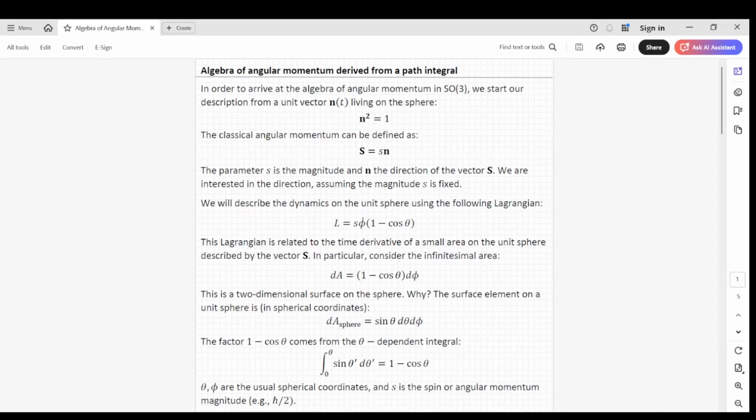The algebra of angular momentum, which is also related to the group SO(3), the special orthogonal group in 3 dimensions, can also be derived from a path integral. And that's what I would like to show in this quick video. I have prepared a PDF with all the necessary equations, and I would just like to go through this PDF